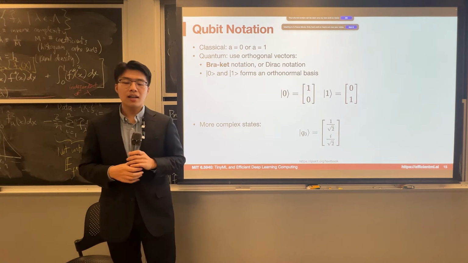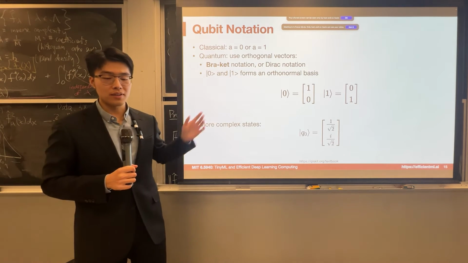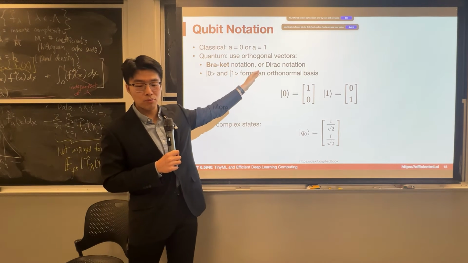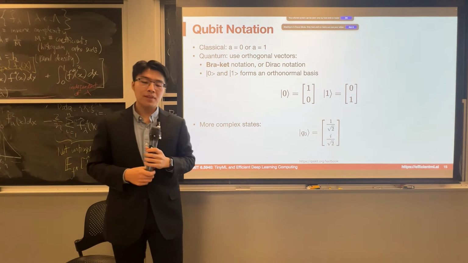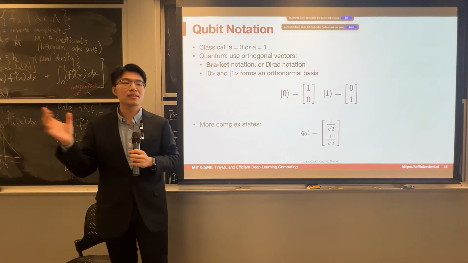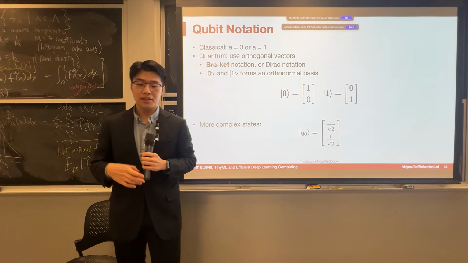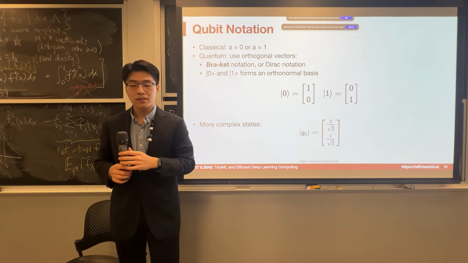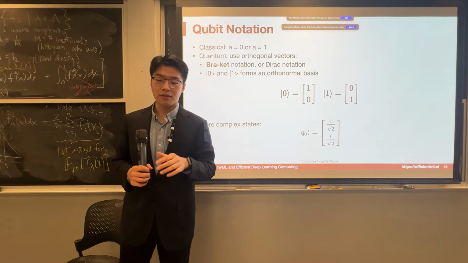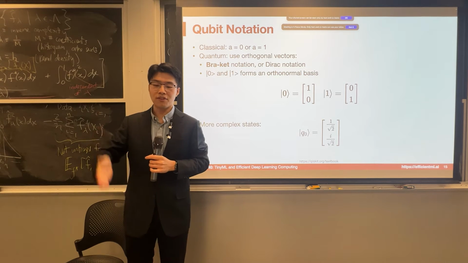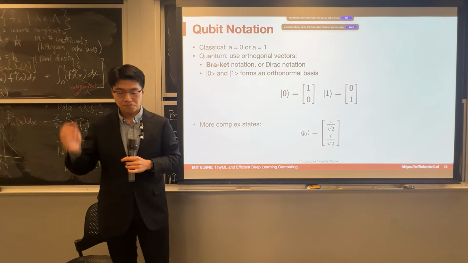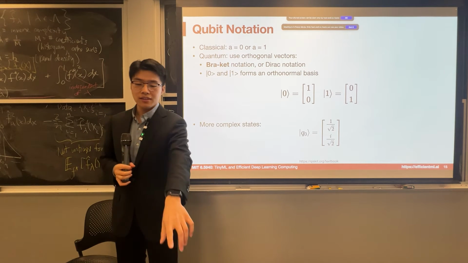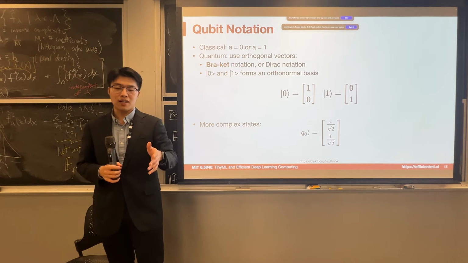Here is a little bit of notation for qubits. In a classical bit state, we have 0 and 1 as the basis, and in quantum, we also want to have some bases to represent information, right? So here we are also using orthogonal and orthonormal vectors, the 0 and 1. We are also using the bracket notation. The bra is a vertical line here, and the ket is a larger angle-like symbol, right? The bracket notation is also called the Dirac notation.